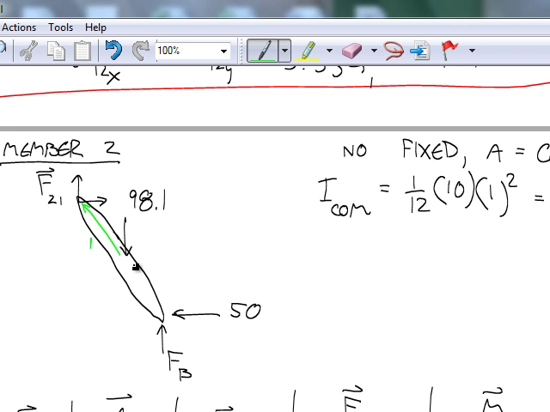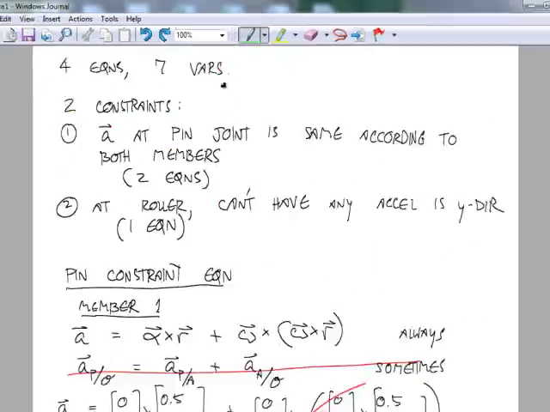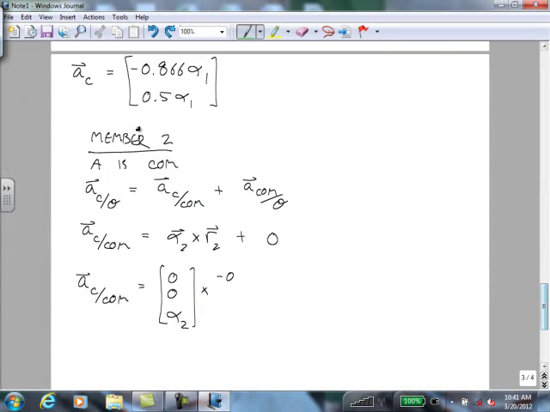So negative 0.25, positive 0.433. And so you get positive 0.25 alpha 2, and then negative,